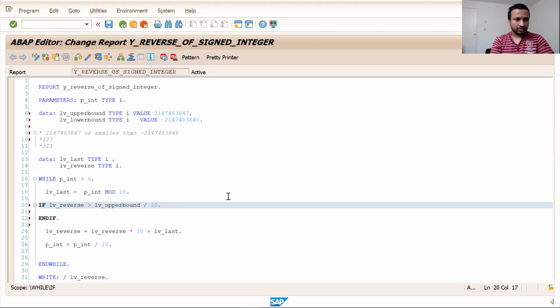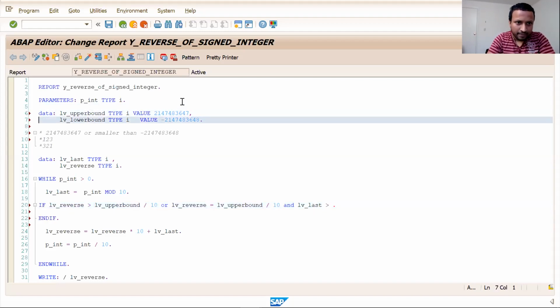That is it. It's so simple. At the same time, we also need to check if LV_reverse is equal to upper bound by 10, and LV_last, the last digit, is greater than this number, like the 7.